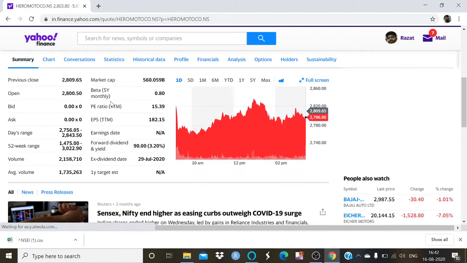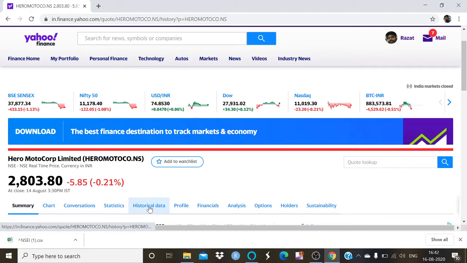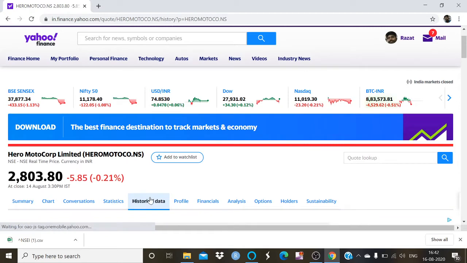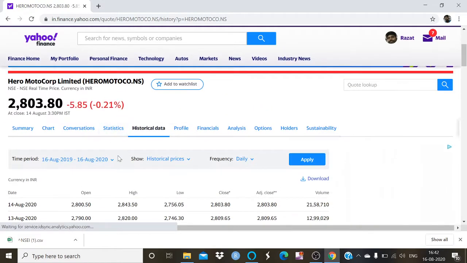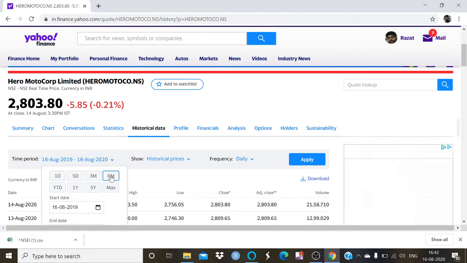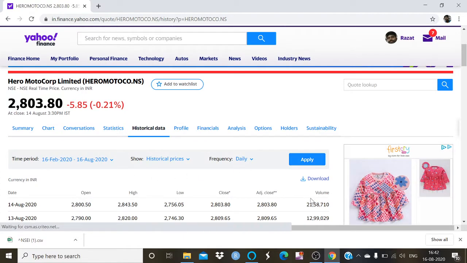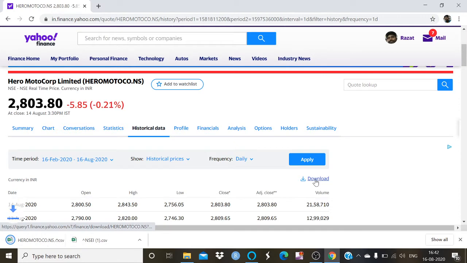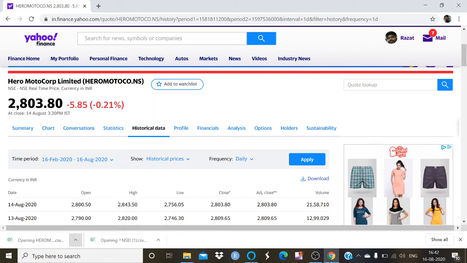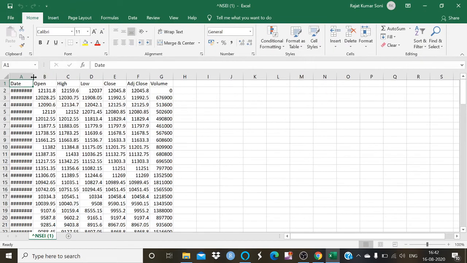Now I'm going to select the historical data and apply the same time period criteria. Apply and download. Now I'm going to open both sheets, and here are the dates.